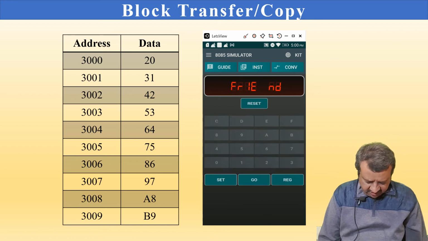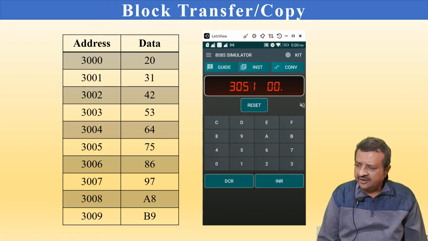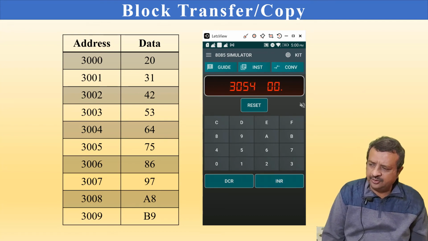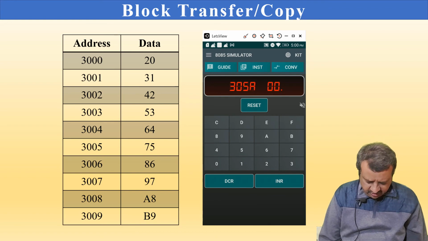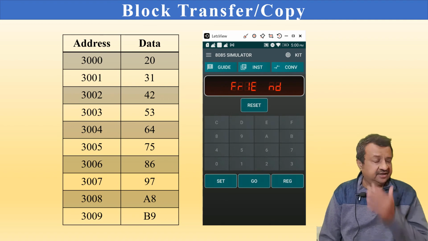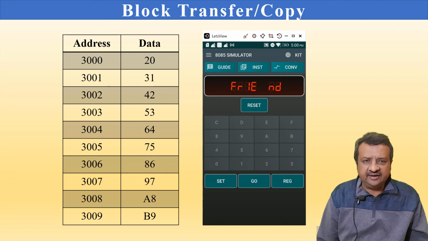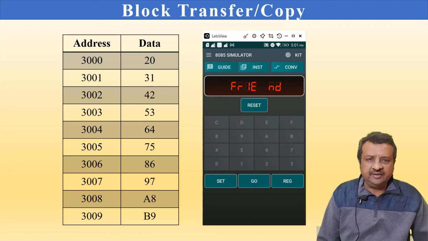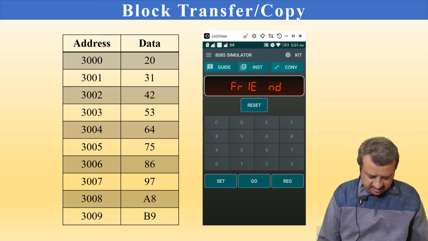Let us also see the destination block, what we have over there. I have made all the bytes 0 so that our program will execute and modify this destination block and make the data as shown over here. Okay, so we are now very much set. We have entered the data in the data memory. We have entered the program in the program memory, and now we are set to execute the program which will transfer the source data to the destination data.